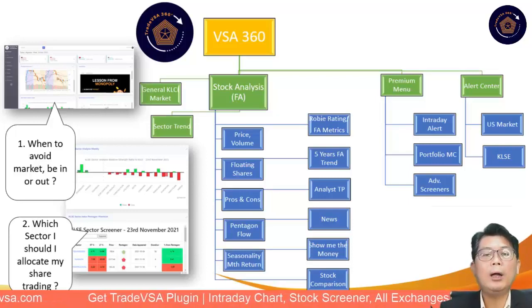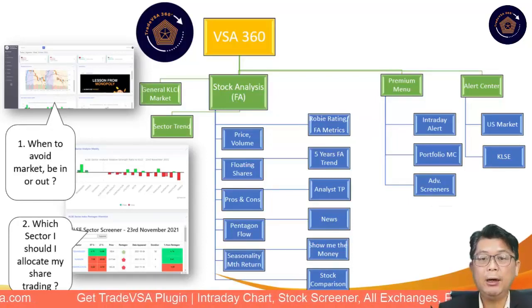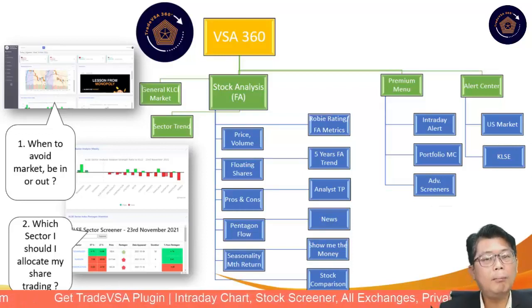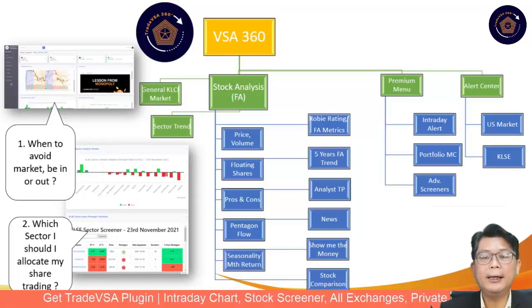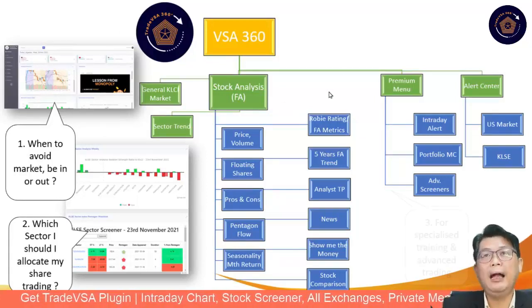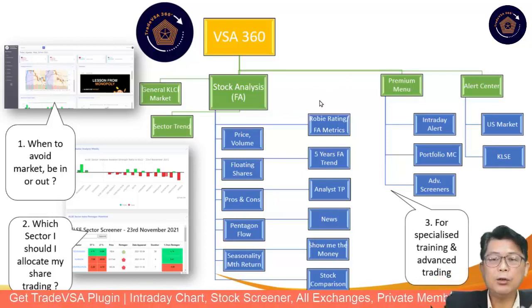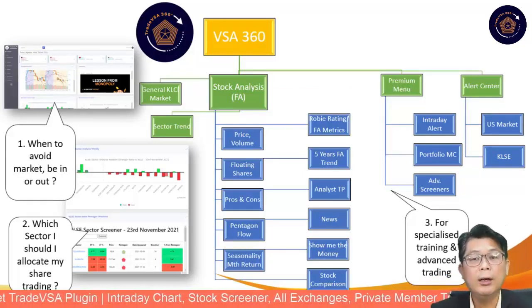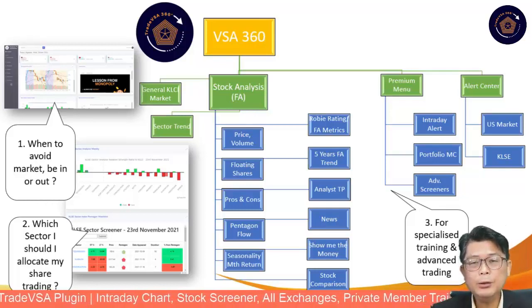Then number 2 will be the sectors. How much do I want to allocate into share trading? If I want to be investing over time, then I will look at the overall market, what is popular right now and what is undervalued, and we can do that through our FA analysis. And for those of you who are more specialized and have undergone our training,